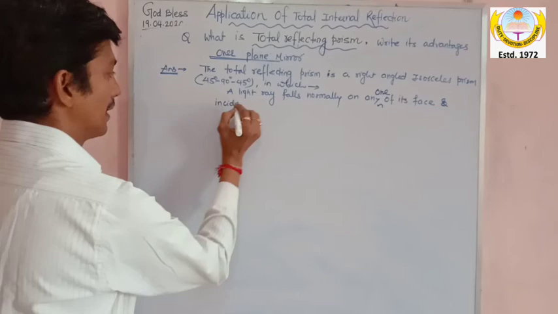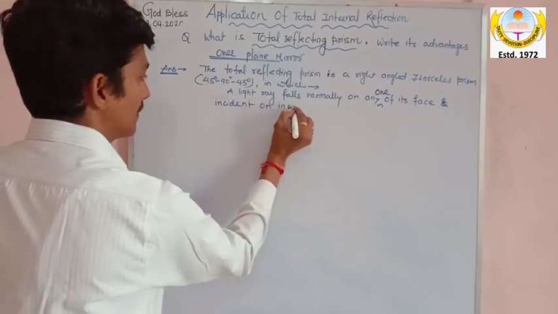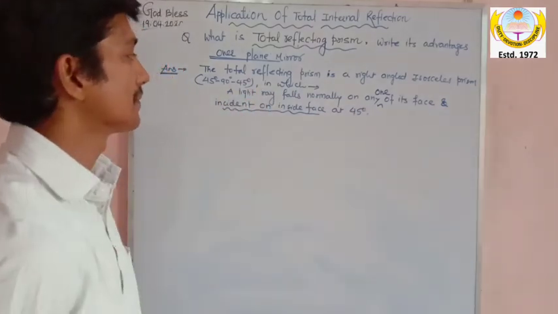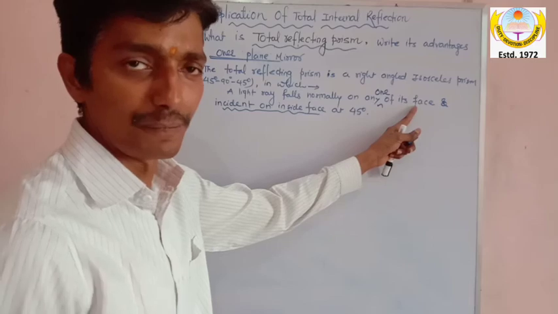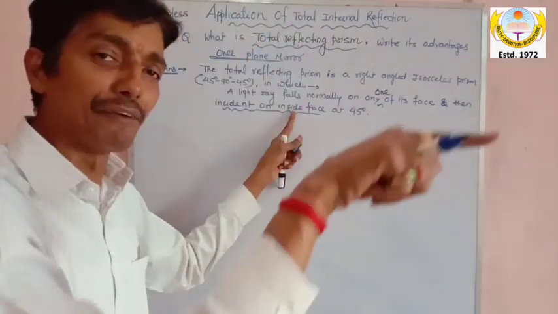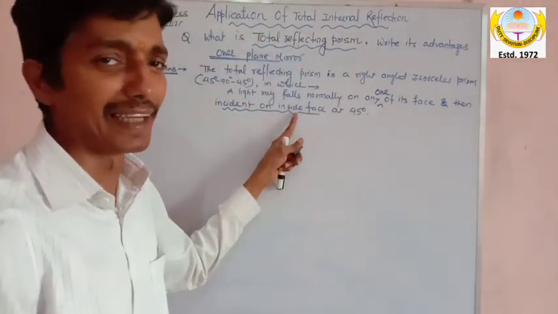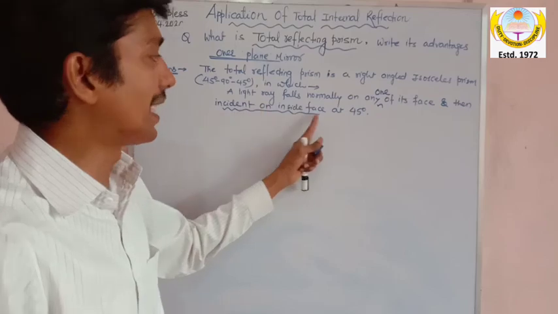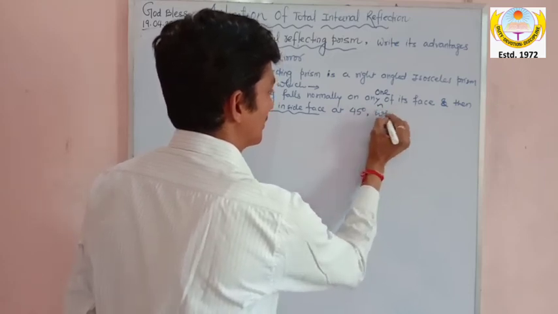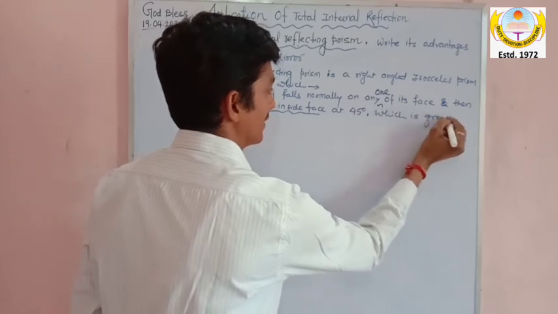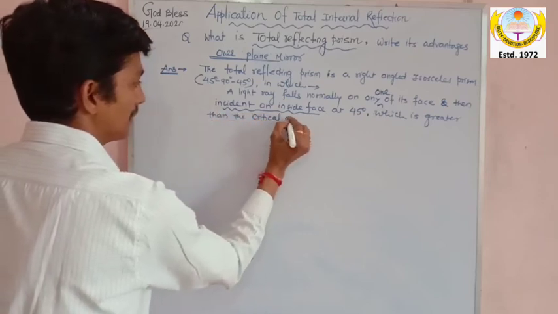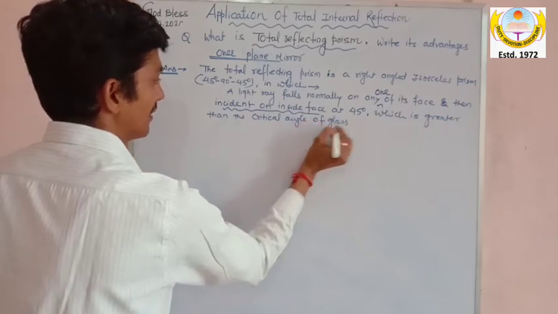incident on the inside face at 45 degree. So the light ray falls normally on any one of its faces. First it falls on any one of the faces, and then it is incident on the inside face at 45 degree. You can see my first diagram, second diagram, even third diagram. So it will be incident on the inside face at 45 degree, which is greater than the critical angle